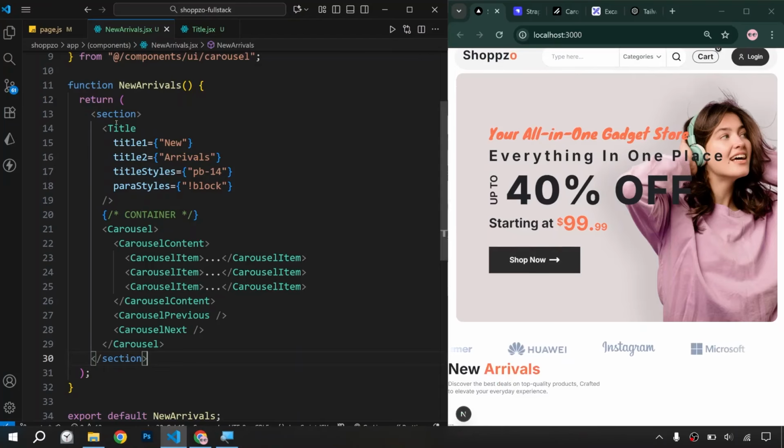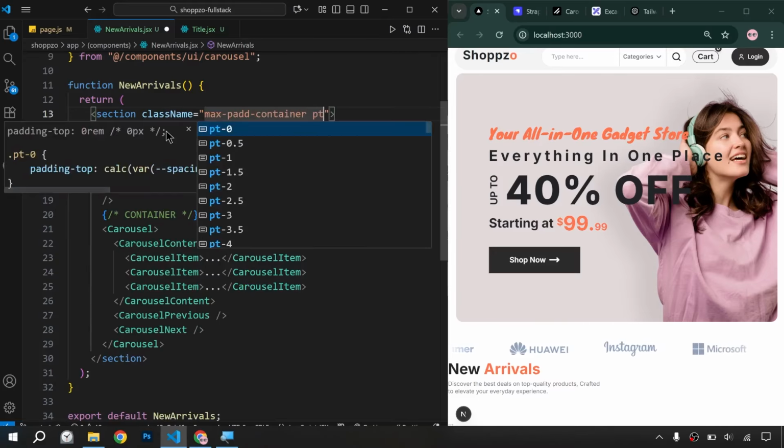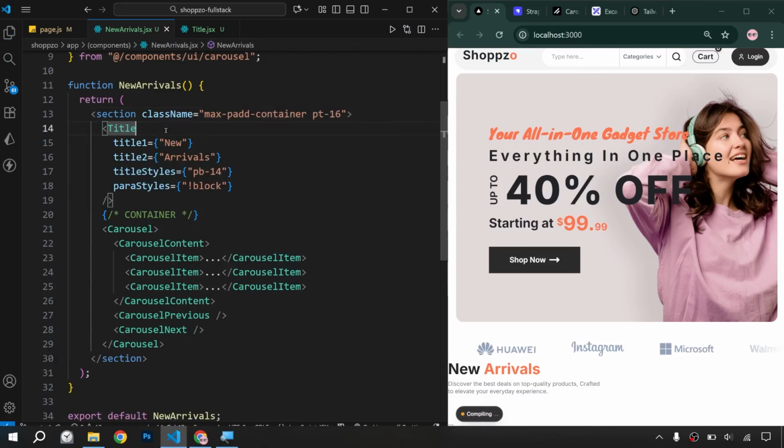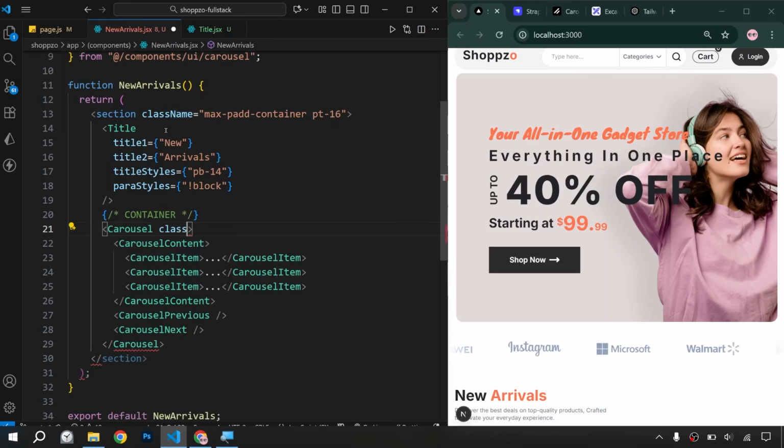Okay, fine, we are getting the new variables title, and here we will write the styling will be max tag container, padding top will be 16, and this carousel will be class name will be with full for this one, and carousel content will be, we will give the styling to the carousel content later